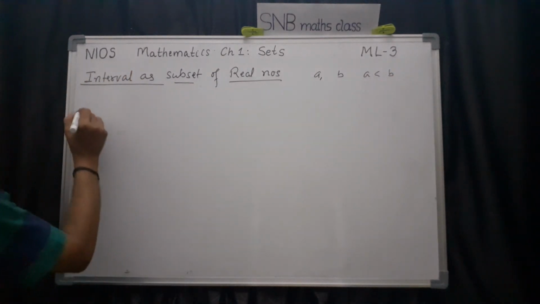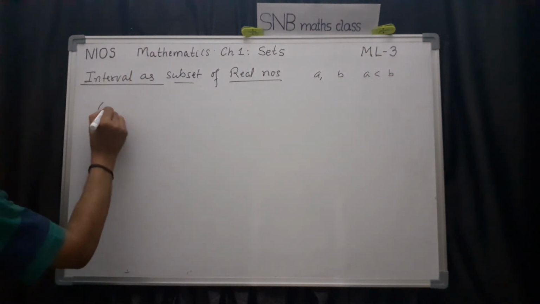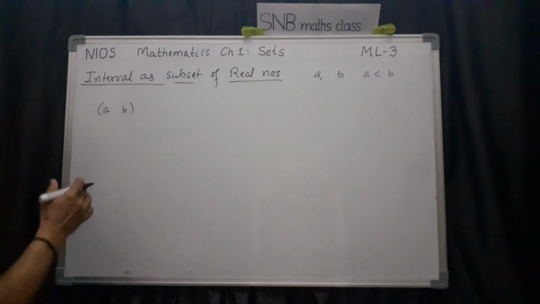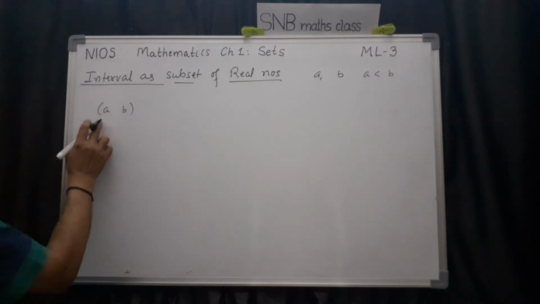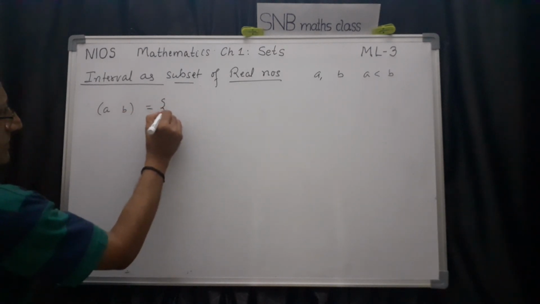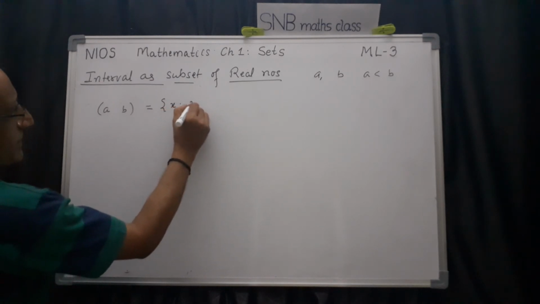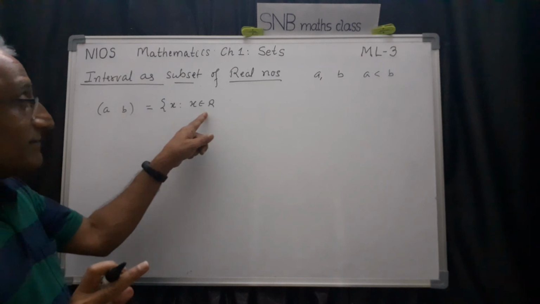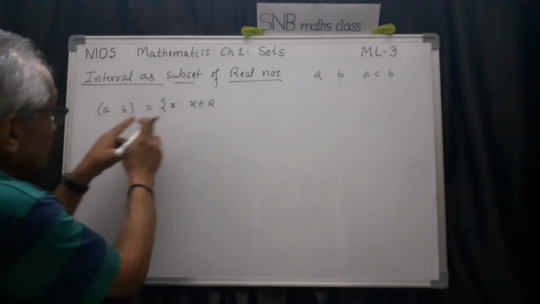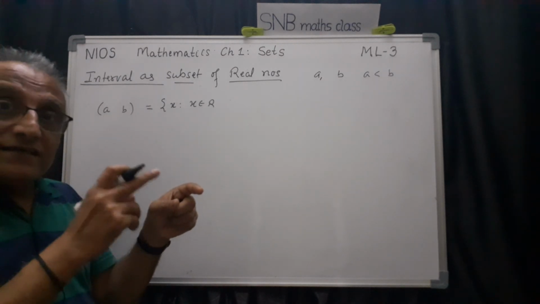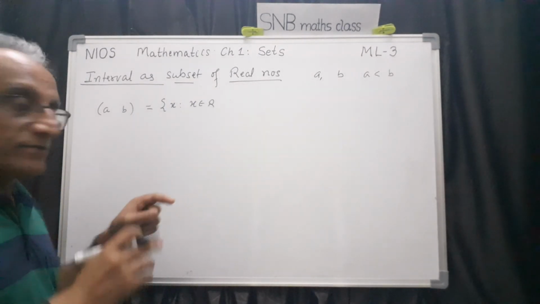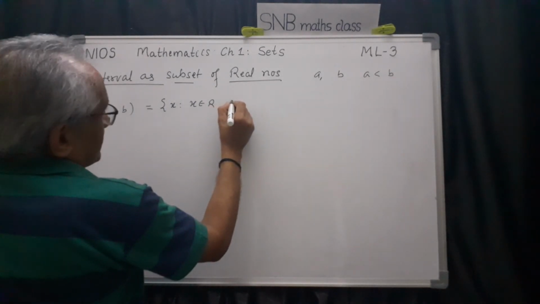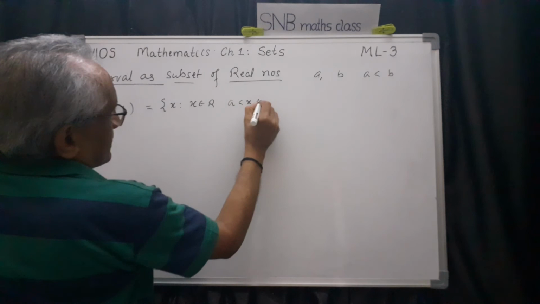So I can say this way now. First one is open interval. If you write, you can write it in any order. Open interval means x such that x belongs to R, because this is very important. Real number, it should be any number between A and B, meaning either a rational number or an irrational number, both. So then what I should write is A less than x less than B.